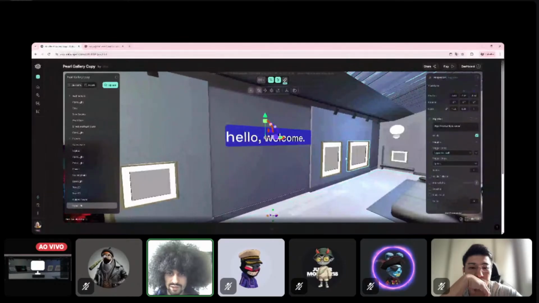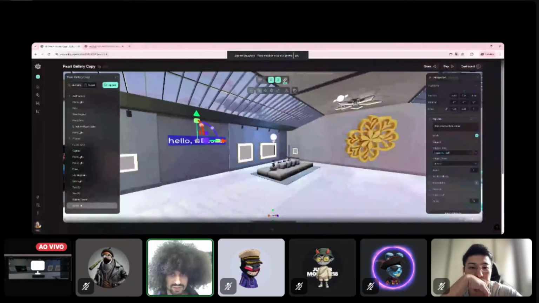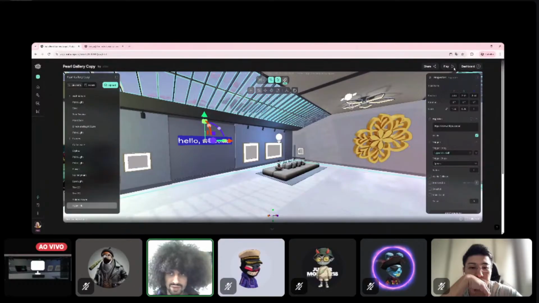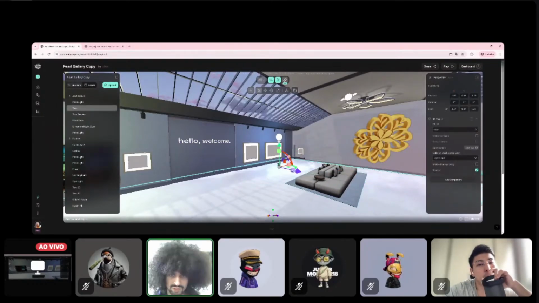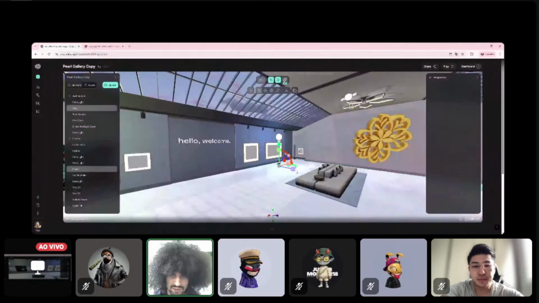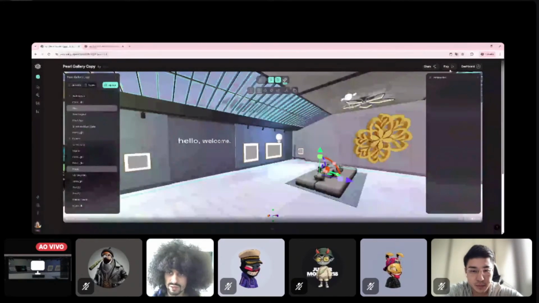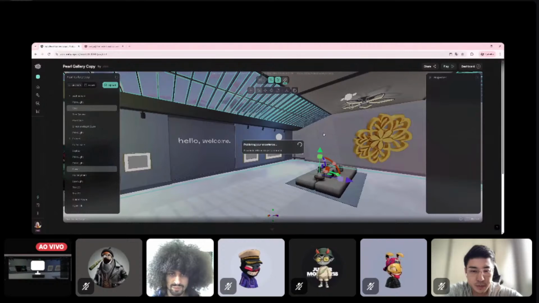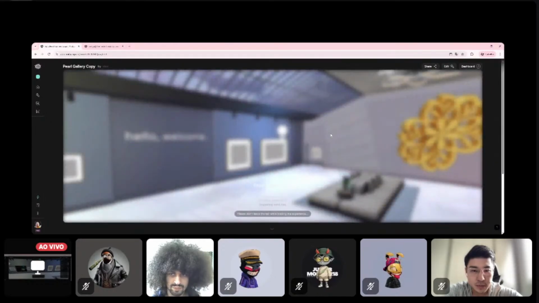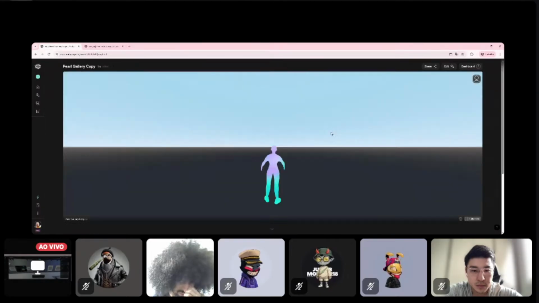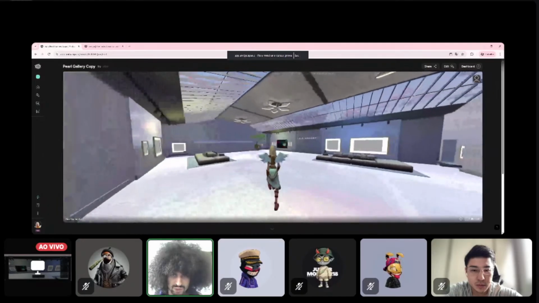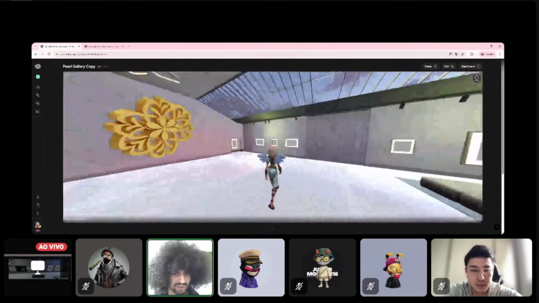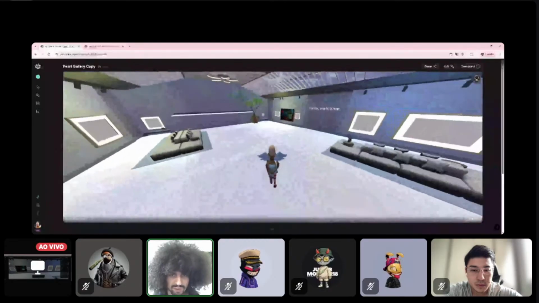We have the hyperlink, the link is in here, it's saved, we have everything. Let me try to check something. If I change the position of those assets, okay, some error happened with my spawn point, but it's fine.